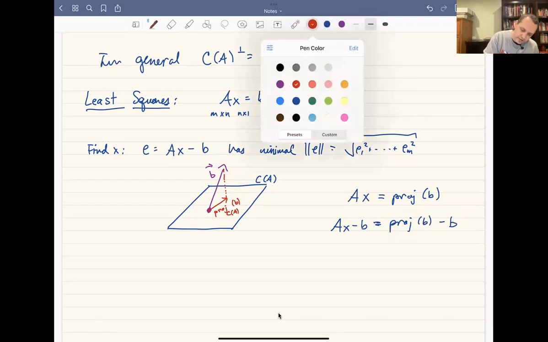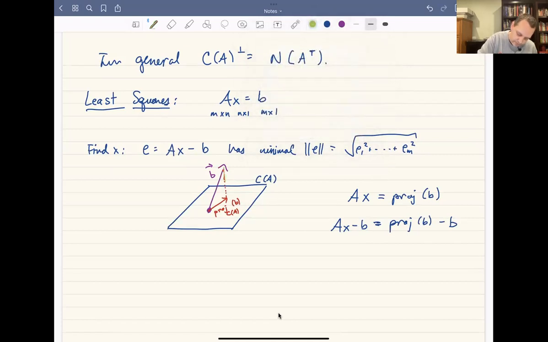I'm going to run out of colors here, but let's make this green. Okay, so this green vector is our E. That's Ax minus b, or the projection of b minus b. It turns out that the projection of b, I'm sorry, this is the projection of b on the subspace C of A, the column space of A, minus b,